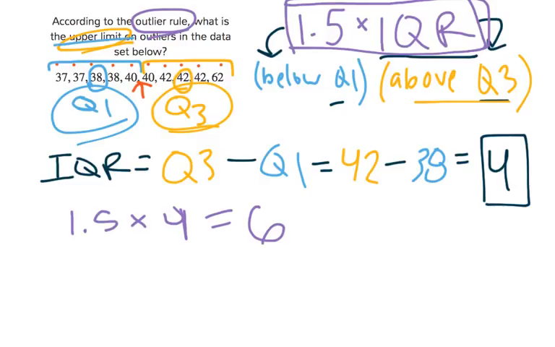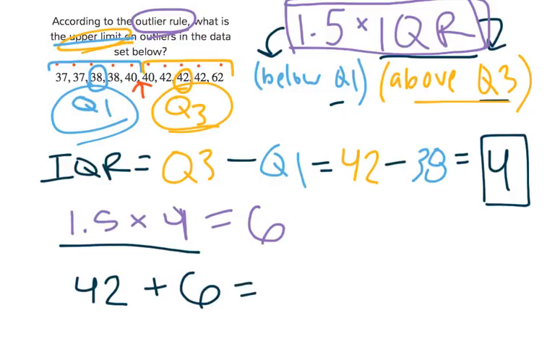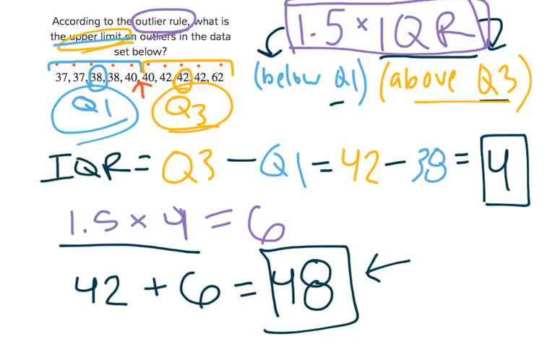And again, we're looking for the upper limit here. So for the upper limit, I'm going to take Q3, which is 42, and add 6, which is 1.5 times my IQR. And I get 48. So 48 is the upper limit